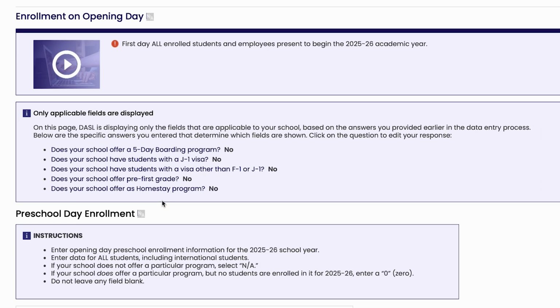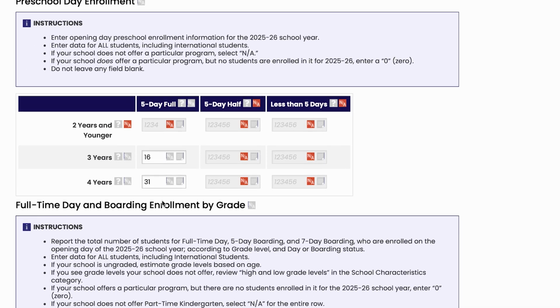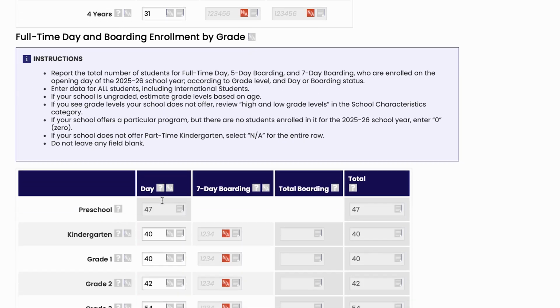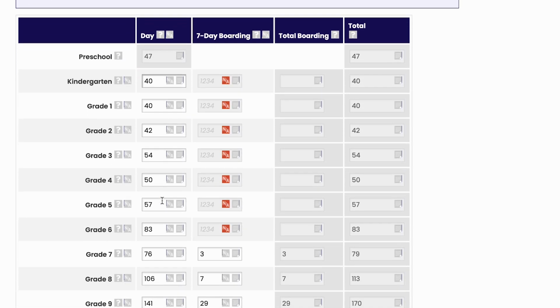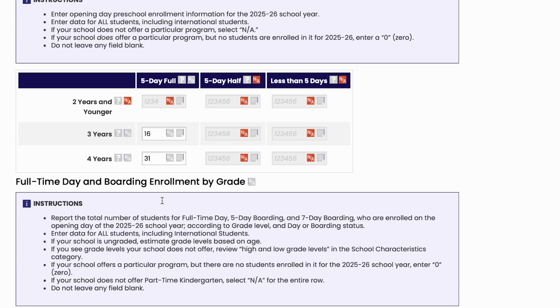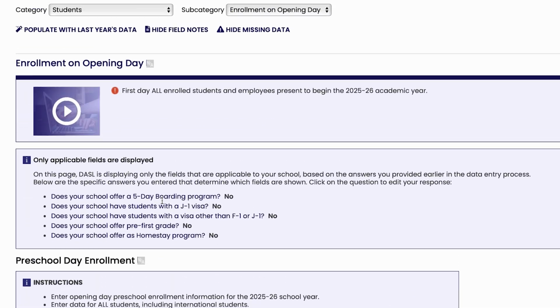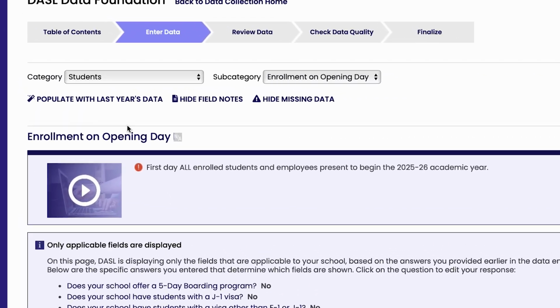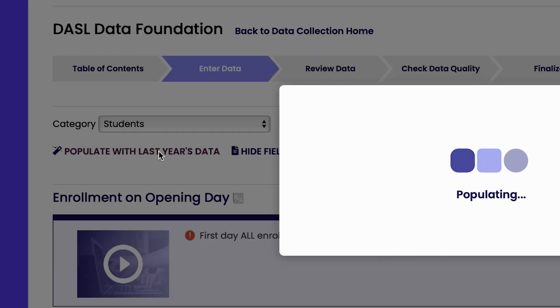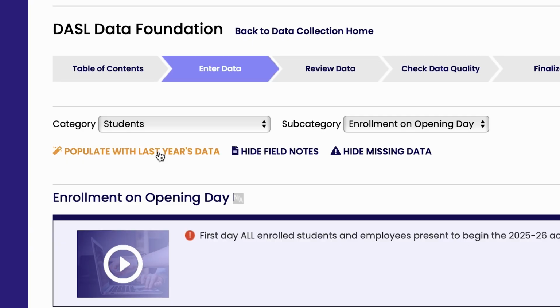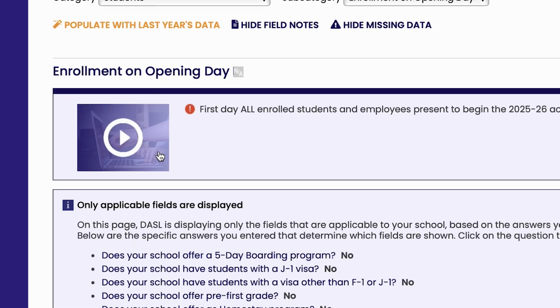The first section or sections of data entry will be core questions asked of all schools entering data in DASL. Toward the bottom, you may find tables of questions added by one or more of the associations using DASL and tied to your school. You can fill in the tables with last year's numbers and then go through and edit them. This is a particularly useful approach in areas where the data don't change much from year to year,